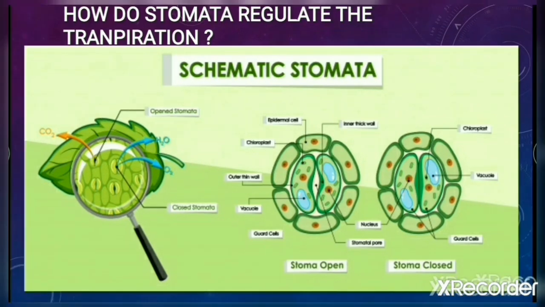Now if we observe the enlarged structure of a stoma, we will see that the stoma is just a pore, and this pore is made up by two adjacent kidney shaped cells called guard cells. These guard cells are solely responsible for the opening or closing of that pore. The guard cells are embedded in the epidermis of the leaves. Between the epidermal cells, these guard cells are present, attached lengthwise at their adjacent ends, but in the middle region they are not attached to each other.